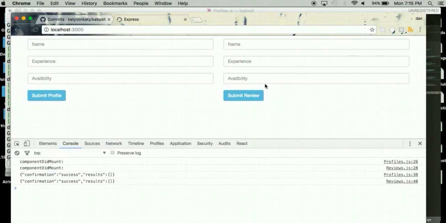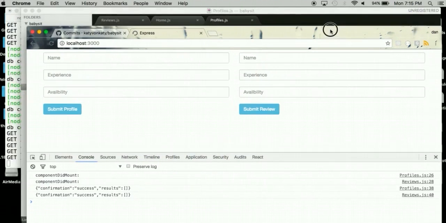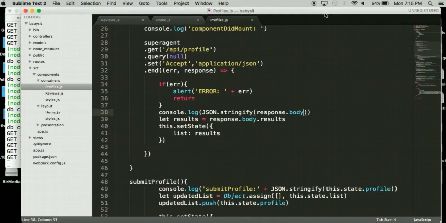Okay, so now we have a clean run. Very good. Everyone with me? So right here, I just console logged the body. It wasn't like a critical thing. It just makes it easier to read. That's all. It wasn't of any real coding consequence. I did the super agent install, but